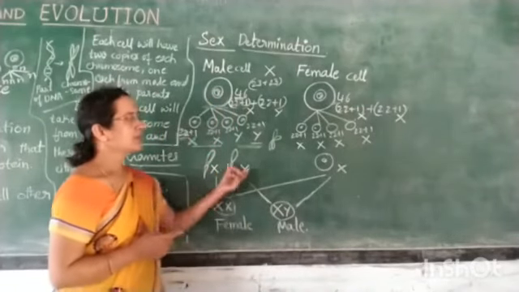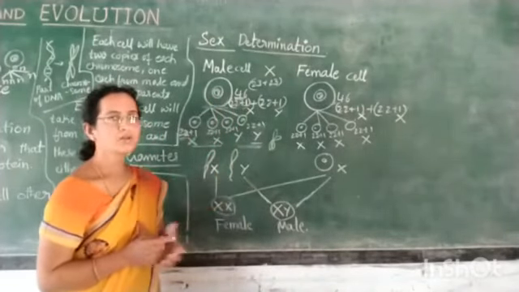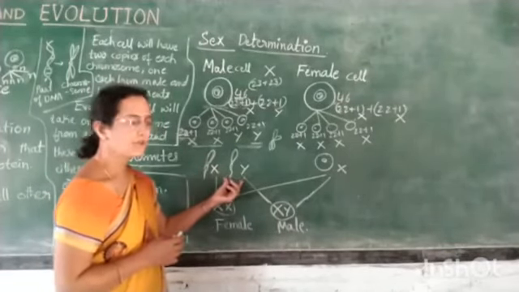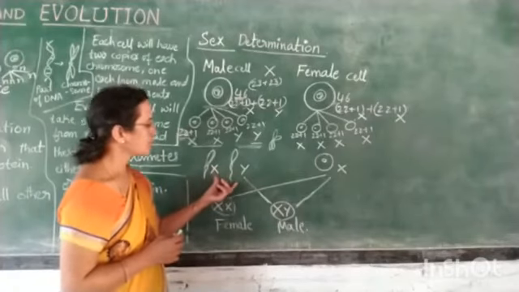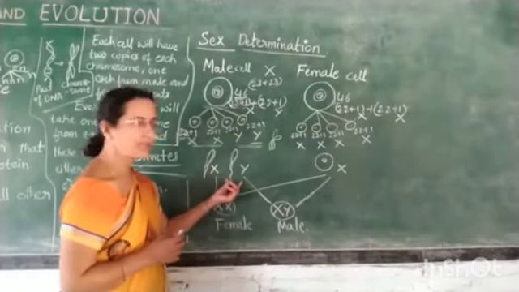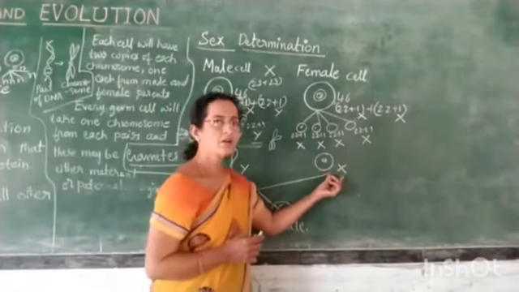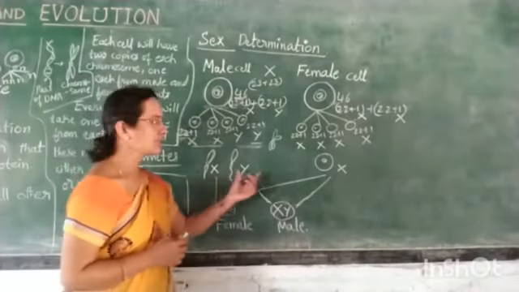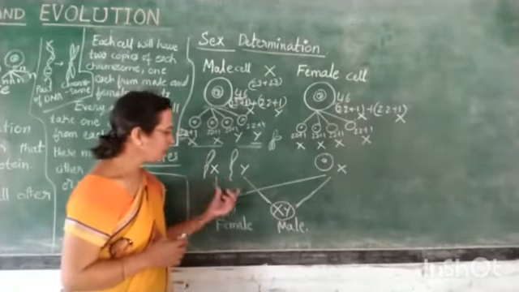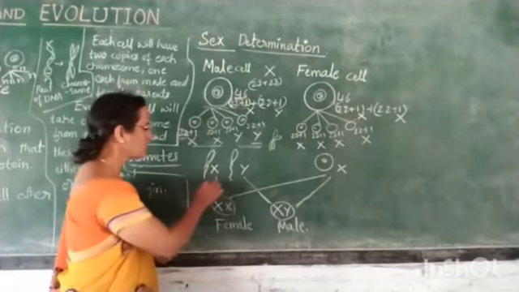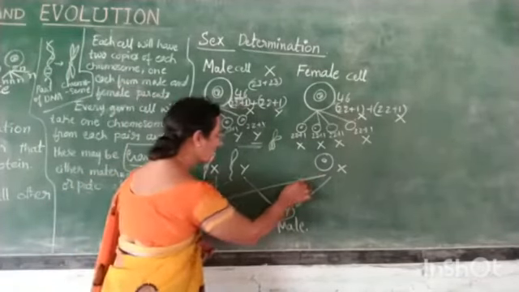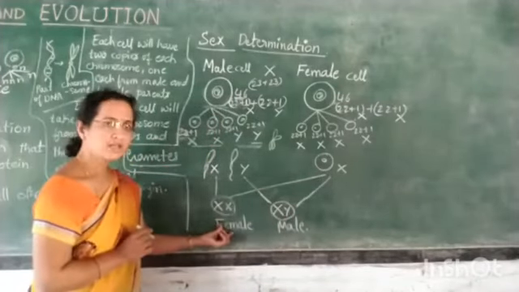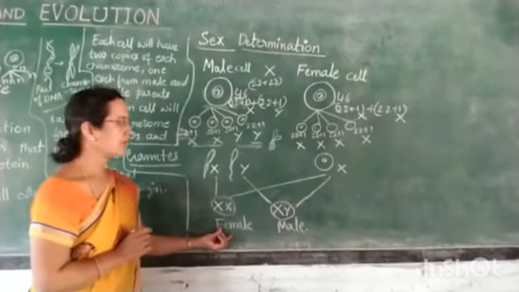When the couple are giving birth to the baby, here are the X chromosome and Y chromosome from the male. The sperms may have X or Y, and in the female the egg will have only the X chromosome. Upon the crossing of the egg and sperm, there will be combinations like this. One X chromosome may get fused with another X chromosome, so the baby's sex will always be female. So if the Y chromosome